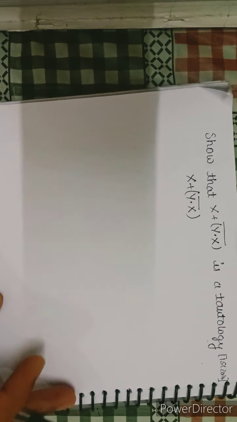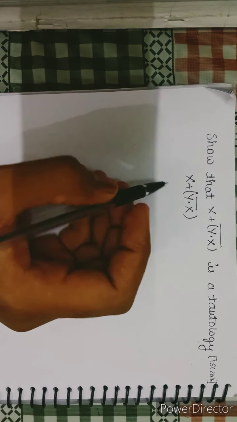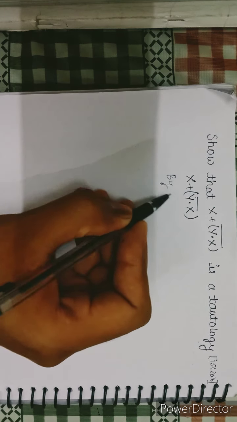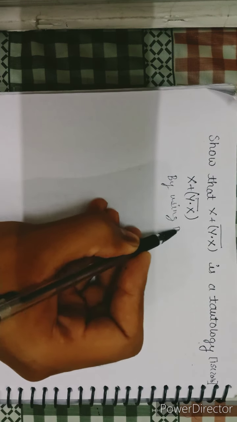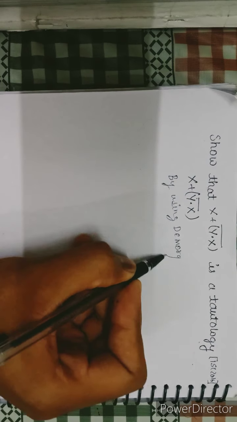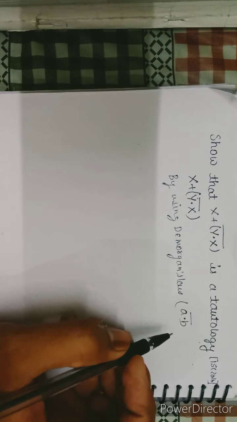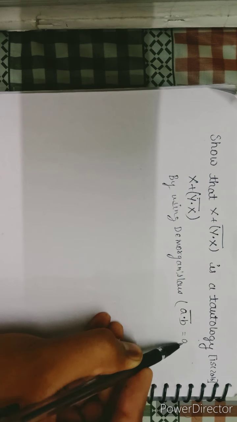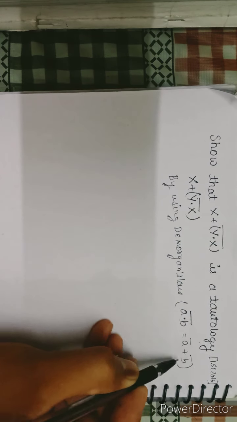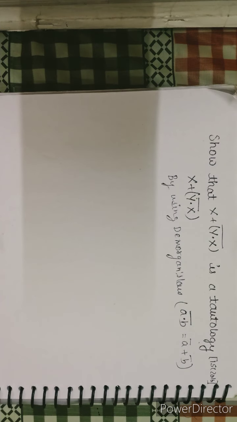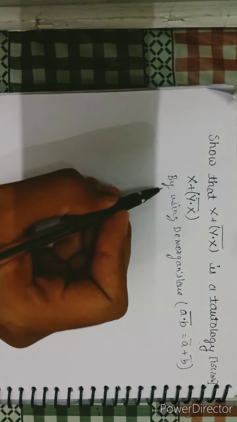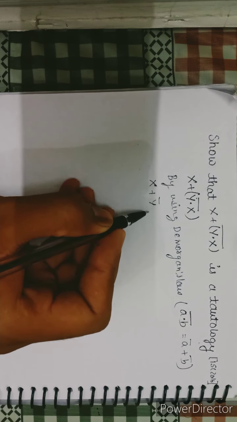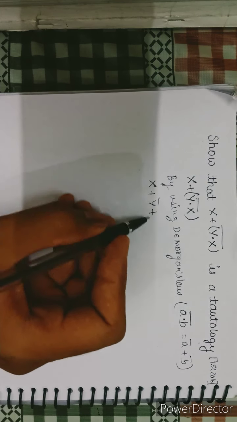In the algebraic method, first we will open this whole bar by using De Morgan's law, which states that (A dot B) whole bar equals A bar plus B bar; dot will change to plus and plus will change to dot. Now applying this De Morgan's law, X plus Y bar, dot changes to plus, X bar.